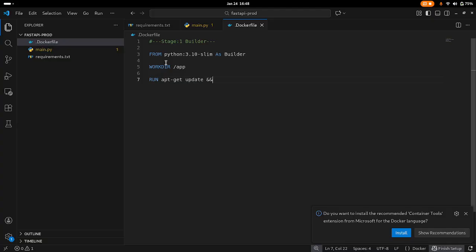update and apt-get install gcc. As I told, this is only needed during build, so that's the reason why we are using that. Now I'll need to copy requirements.txt for pre-caching